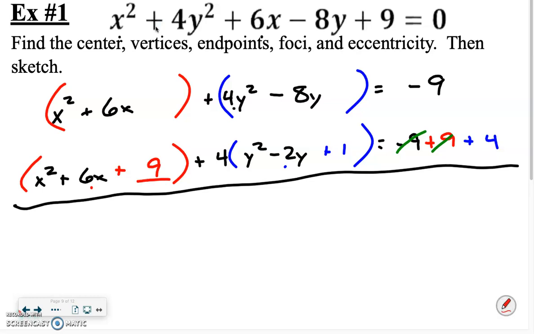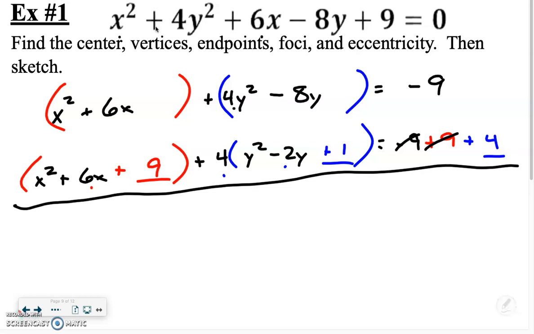Again, from here, added the 9 to the other side. We didn't want to fall victim to thinking I'm adding 1 on the left, so I should add 1 on the right. It's really 4 times 1, so that's why I added 4. Now, again, looked ahead just a little bit. But if this is where we were at this point, when we start to combine things, we know that on that right side, the -9, the +9, they're going to cancel out,